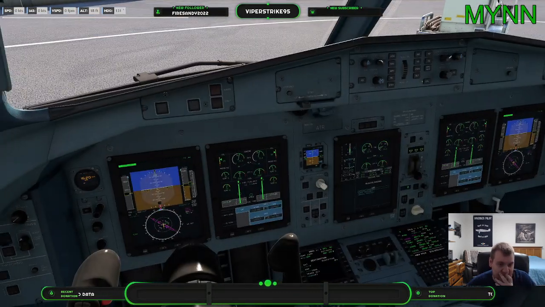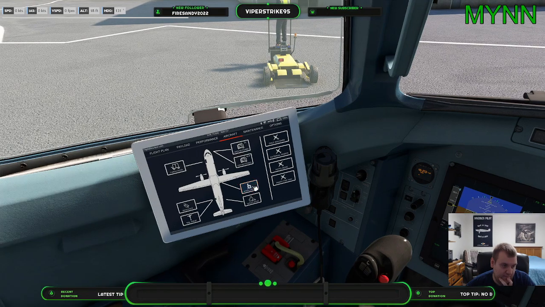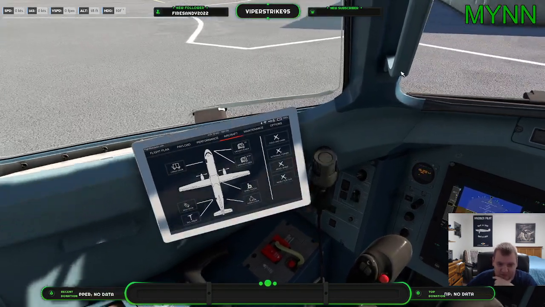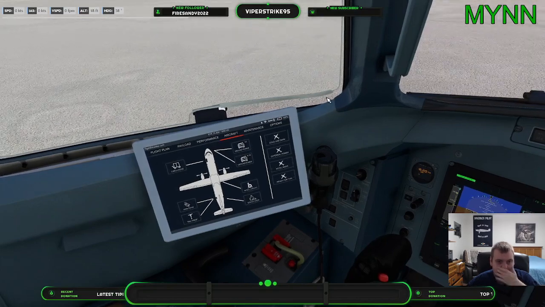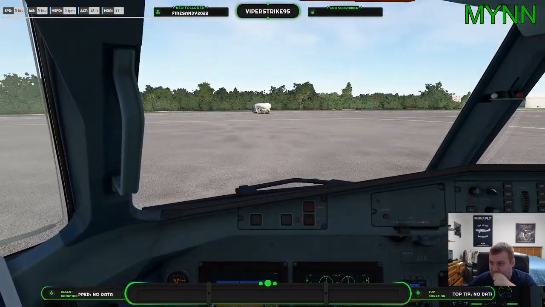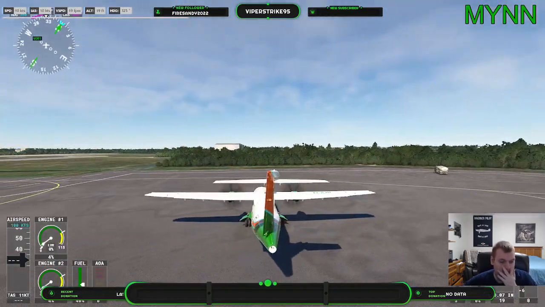Oh yeah, one last thing. They also added some new stuff here in the EFB. They added new ground power settings, service door. They added some new stuff here. I'm going to prepare for the...